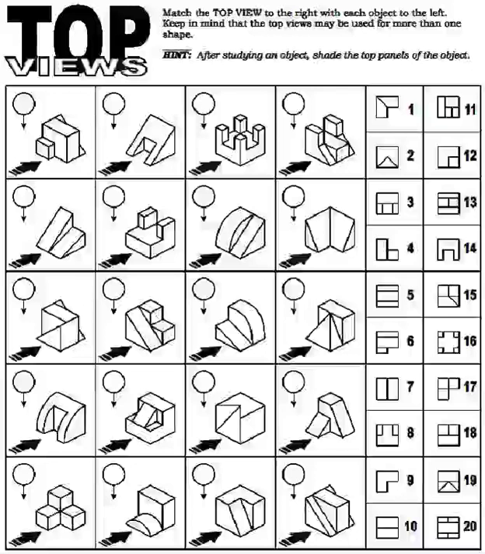Here on this top views worksheet, you're going to do much the same as what you did for the front views, except we're looking at the very top of the objects. So imagine that these objects are some sort of building and you're a bird flying over them. We want to identify what you would be able to see if you were right above the object looking down